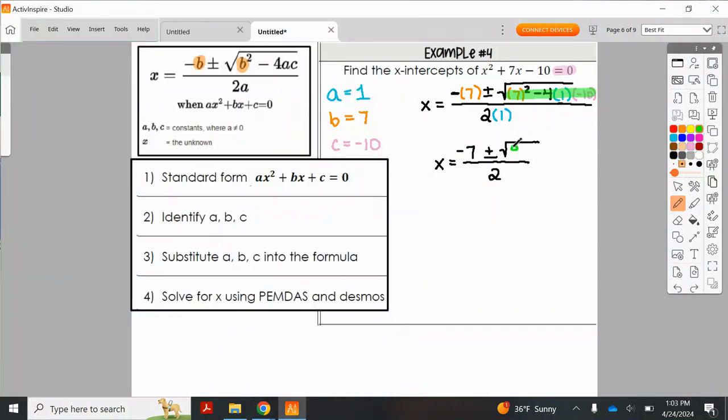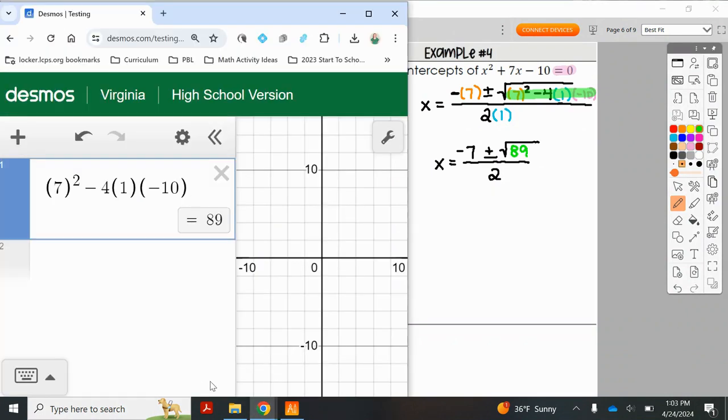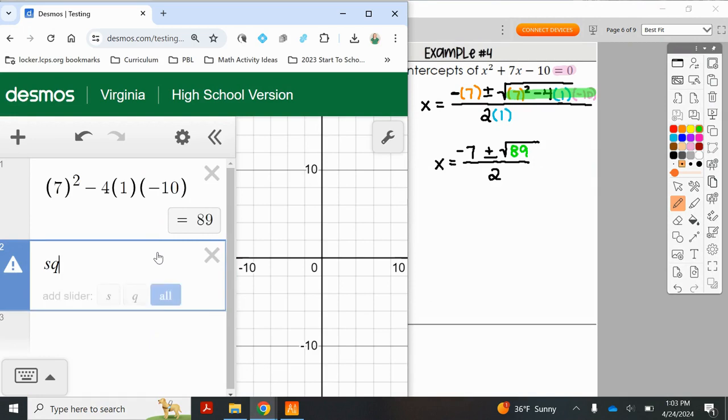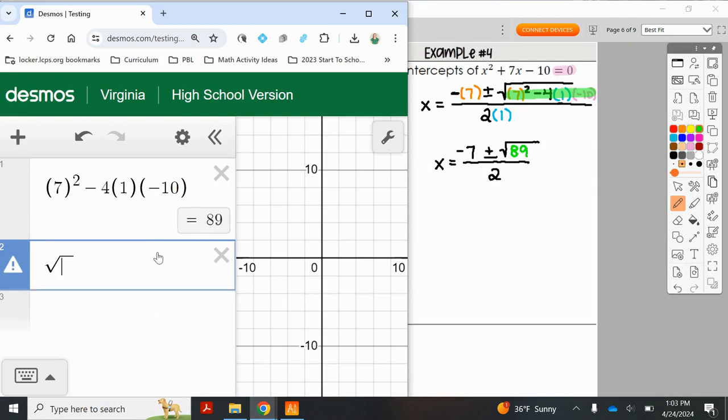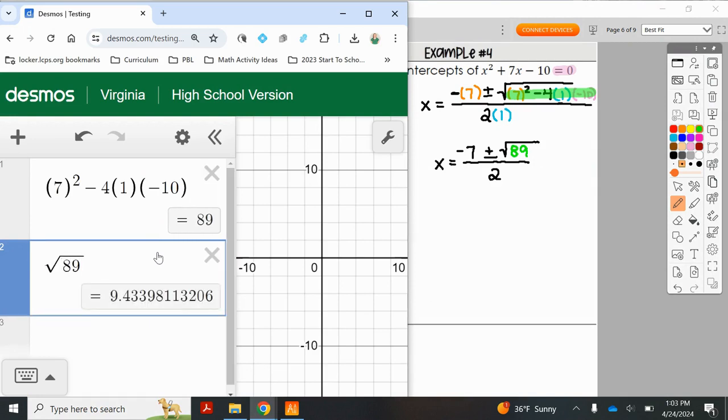Once I have 89 under here, I'm going to try taking the square root of that 89 again in Desmos. And if it comes out to a perfect number, great. When it's a decimal, remember, we'll leave that radical here. I got a breakup for my two answers, which will be,